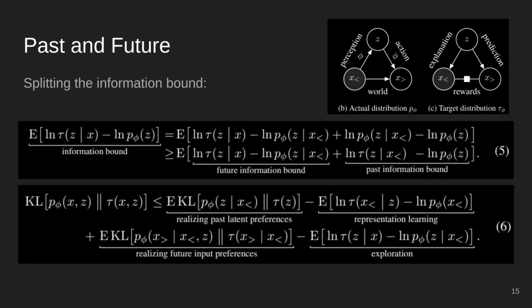As an example of past and future inputs, it gives a more practical idea of what these past inputs and future inputs mean in practice. So past inputs could be thought of as the experiences that are stored in the data set. For example, you run an agent in an environment, and this agent gathers some information, and you store it in a data set and use these previous experiences. Like in the case of an autonomous car, for example, you run the car over different conditions, different seasons, and you gather all this data and use it as some history that is essential to construct an autonomous car. And the future inputs could be